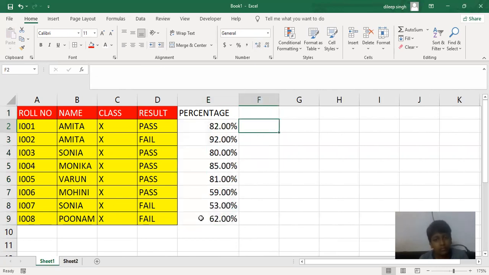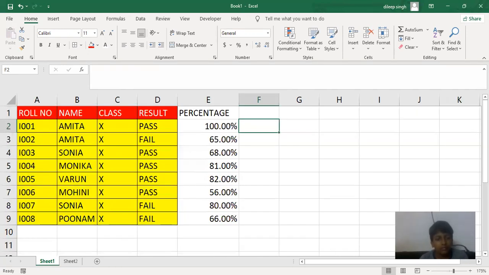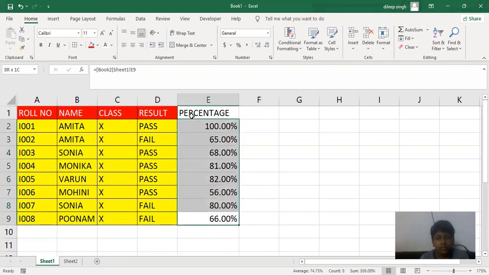Just see here. If we change in the previous sheet to 100%, it will show 100% like this. See there in the first sheet, it is 100%, right? It is the use of the paste link option.